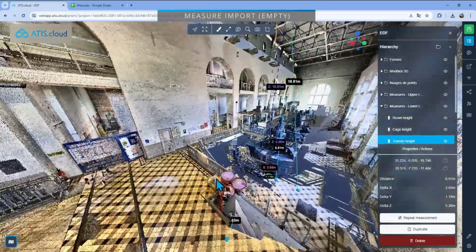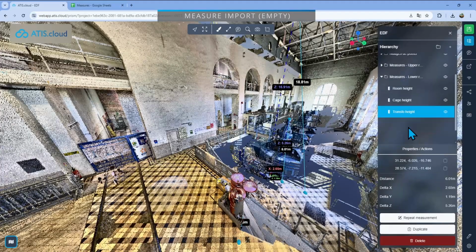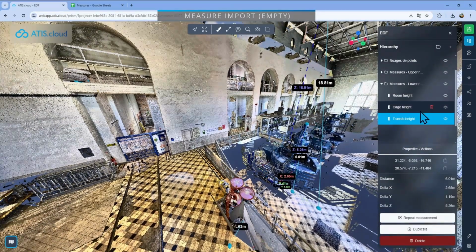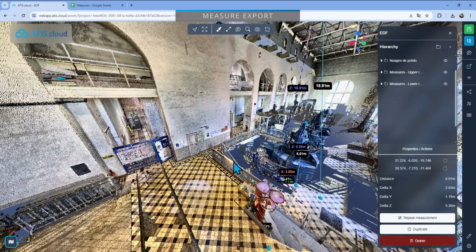In just a few seconds I was able to create, in my case, 6 different measurements, but I could have created way more. It's just one example, obviously a short example, just to show you how it works. Now that we've done this, what we can do is actually